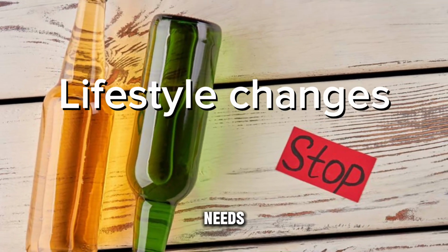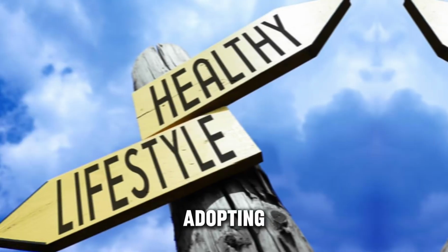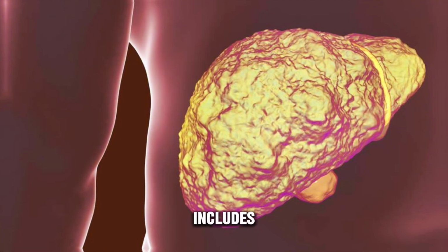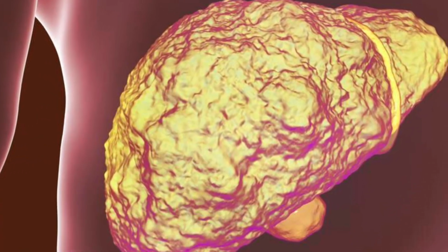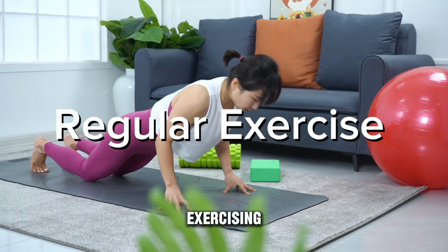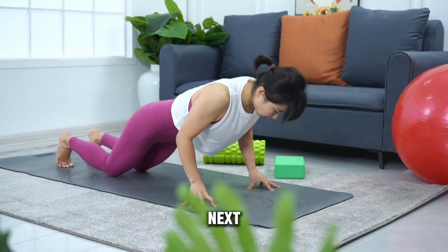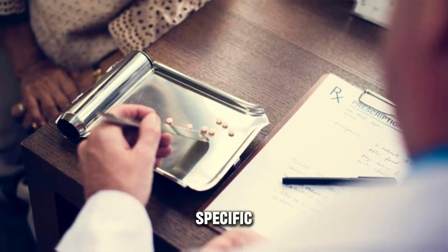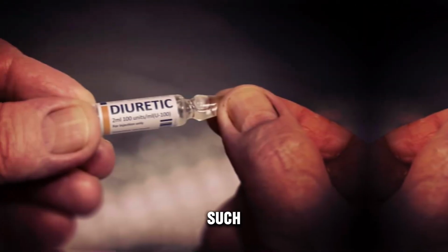First off, there needs to be some lifestyle changes. Adopting a healthy lifestyle is essential for managing liver cirrhosis. This includes abstaining from alcohol consumption, maintaining a balanced diet low in sodium and processed foods, exercising regularly, and avoiding smoking. Next is medications. Your doctor may prescribe medications to manage specific symptoms of liver cirrhosis, such as diuretics to